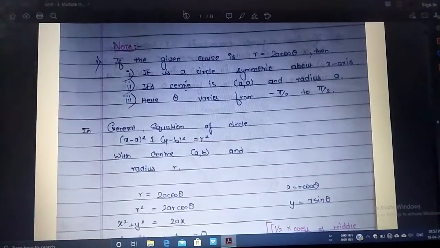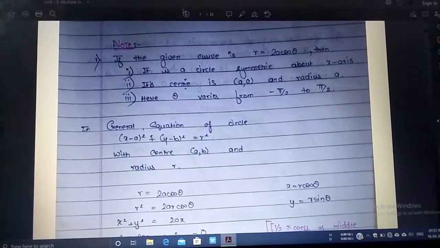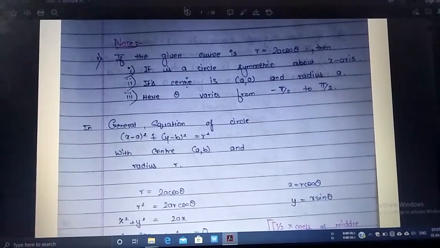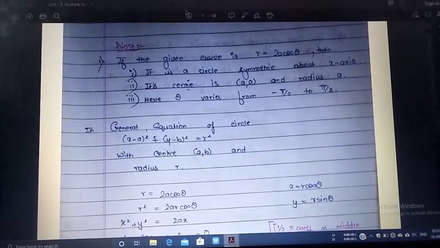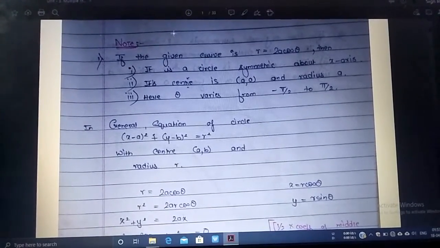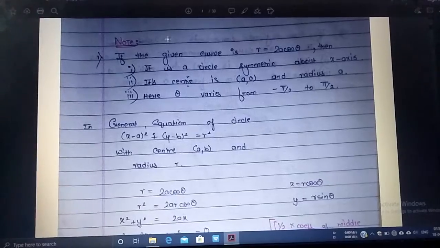Hello dear student, I am Pallavi Gajbhir and today I am going to deliver a lecture on how to change the Cartesian coordinates into polar form and evaluate the integral. Before going to the topic, we must know in polar form that means the variables are in terms of r and theta. There are some important points that we have to cover.